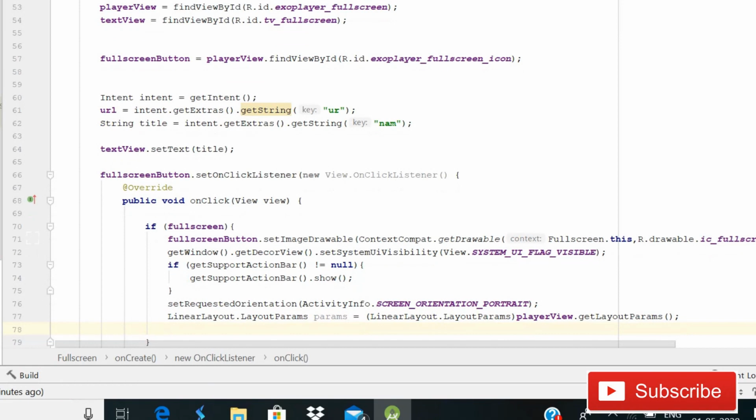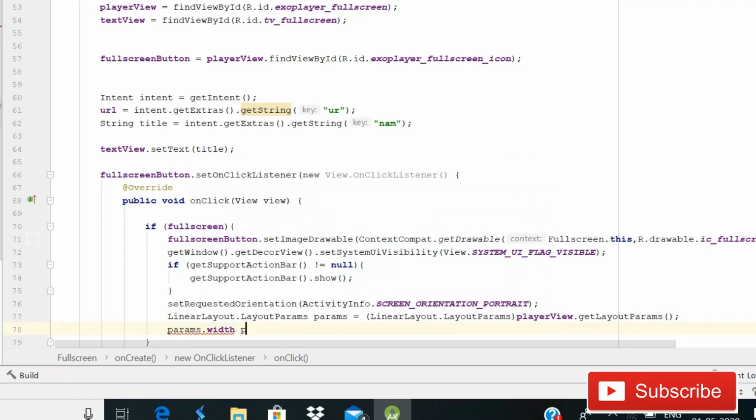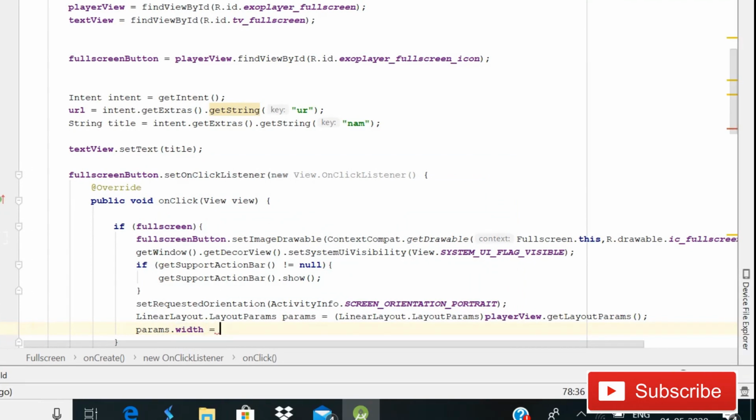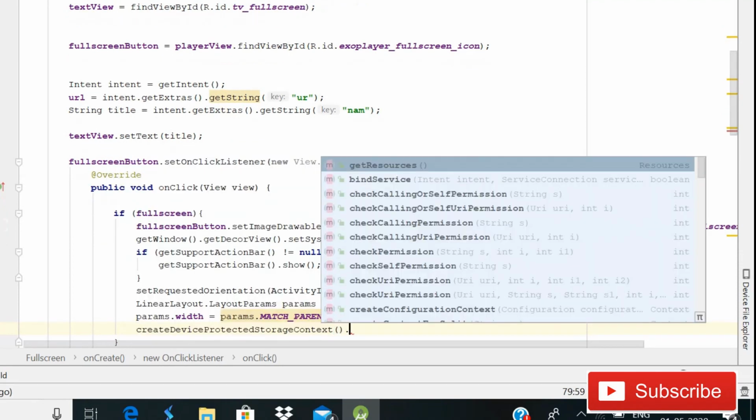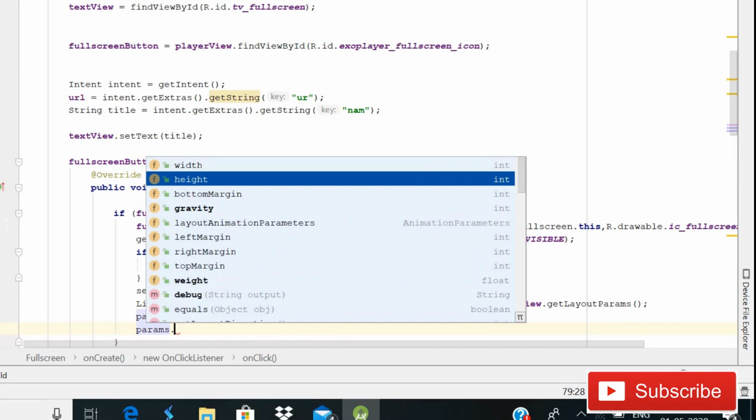So guys, after this here we need to write params, and then we will fix the width and the height. So simply write params dot width equals to, then dot, then match parent, then semicolon, and then params dot, oops, we need to write params dot height,